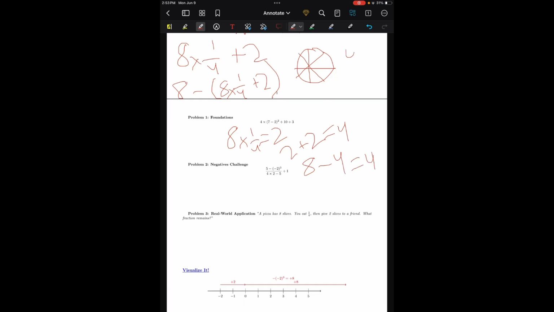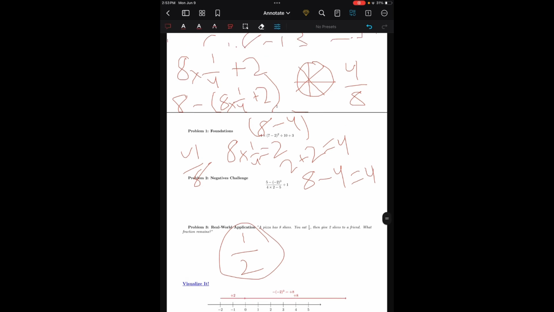So that means there's 4 slices gone out of 8, which means there's 8 minus 4 slices remaining, which means there's 4 out of 8 slices remaining, and our final answer, simplified, is 1/2. Alright, let's go ahead and move on to the number